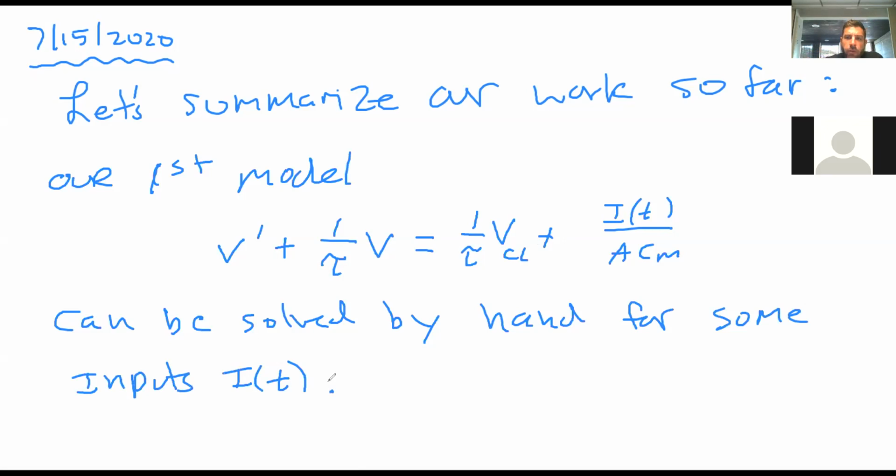So the way for you to think about what this equation models is, imagine we have a